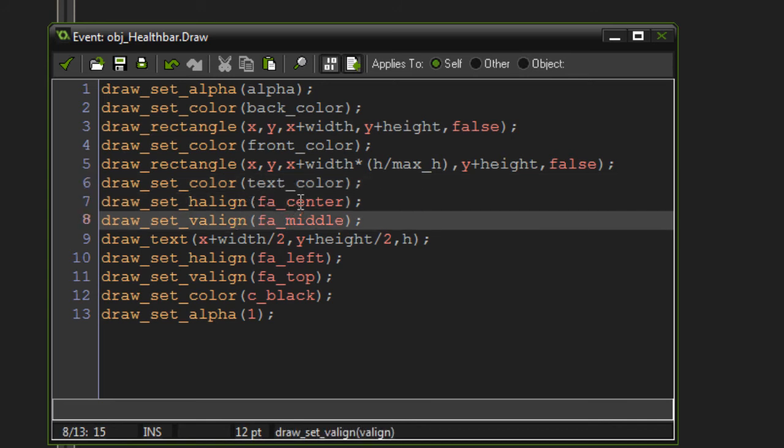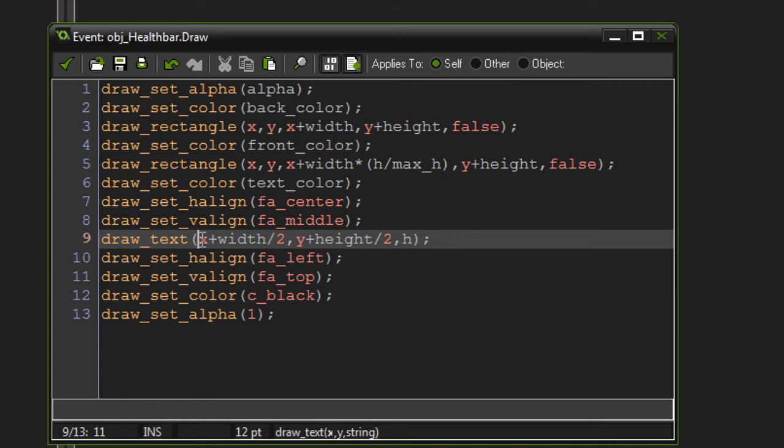line and vertical line to center and middle, which will mean that our text will be drawn centered in both horizontal and vertical axes. And then we draw our text, so x plus width divided by 2, which gives us the center of the health bar, and y plus height divided by 2, which gives us the center vertically of the health bar, and then h, which is a health